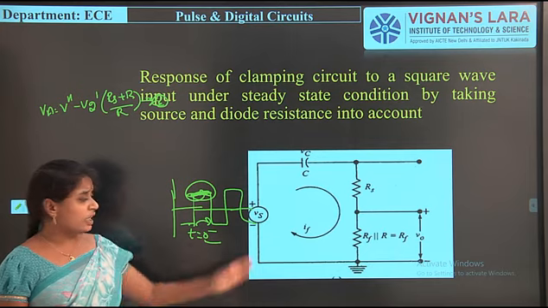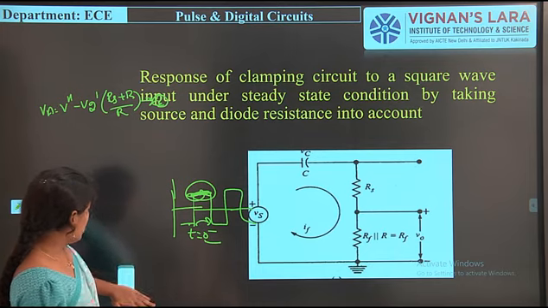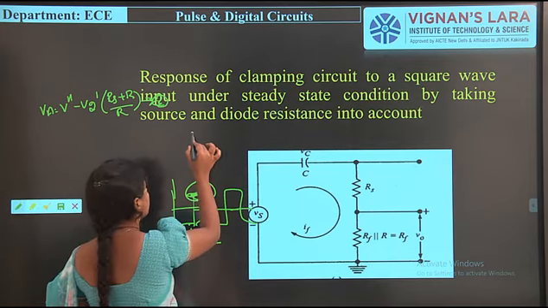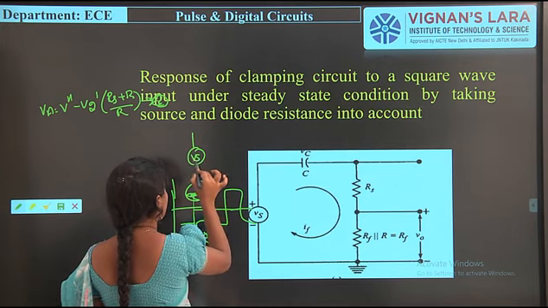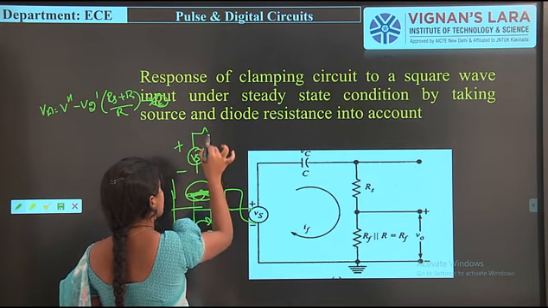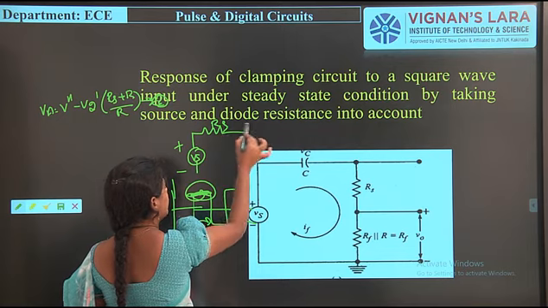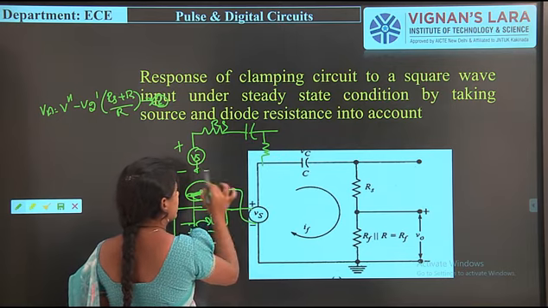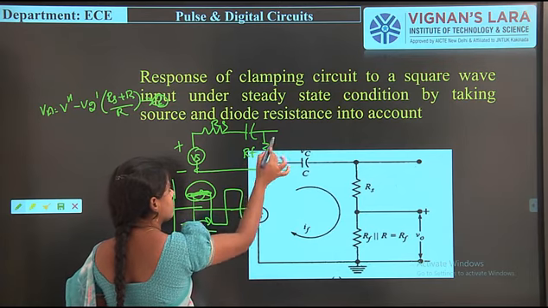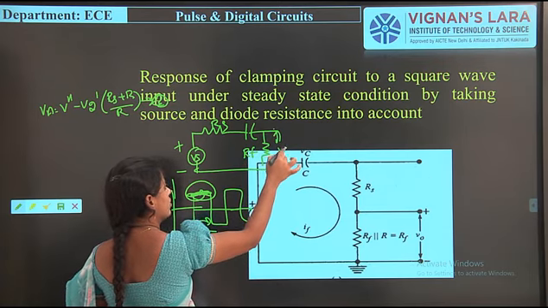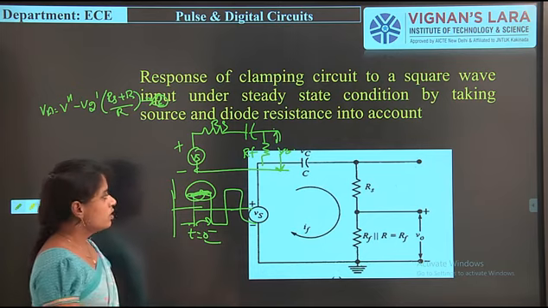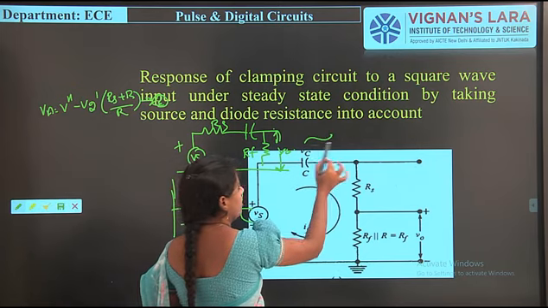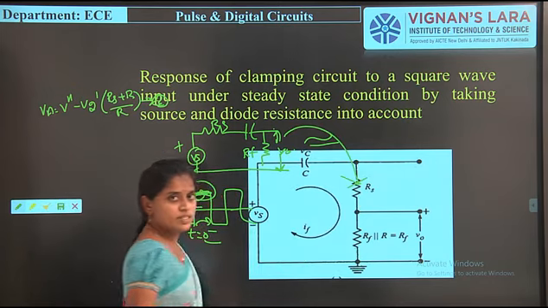The circuit diagram will be like this. Simply we have to write like this, or we have to replace this one Vs, positive and negative, this one is resistance Rs, and this one is Rf, the forward resistance. So this is the output. So a similar diagram will be this one. So this is equivalent to this diagram.